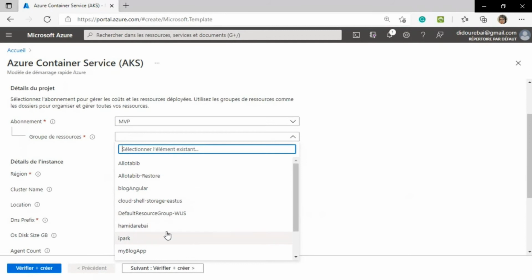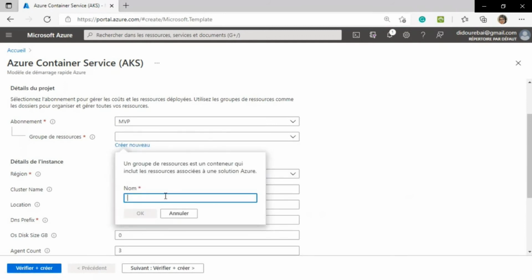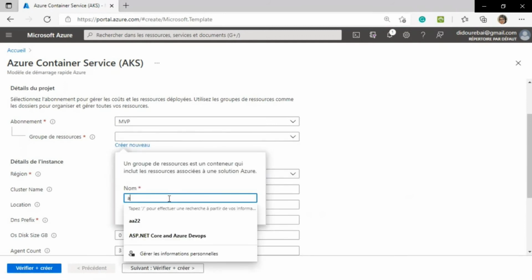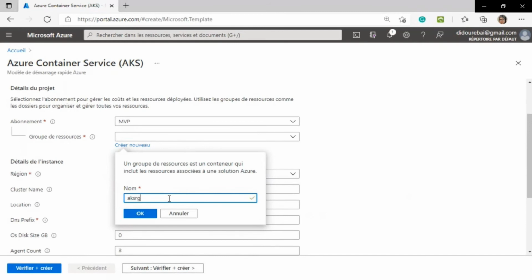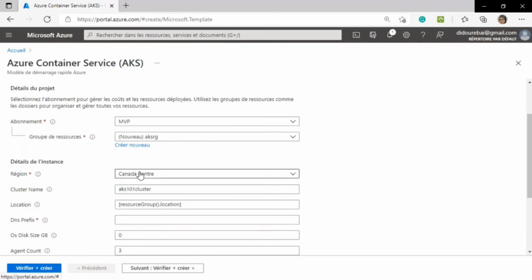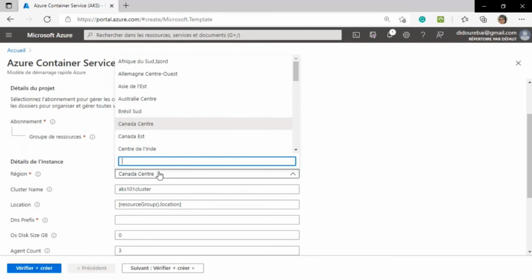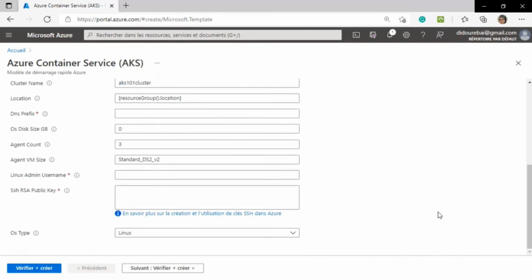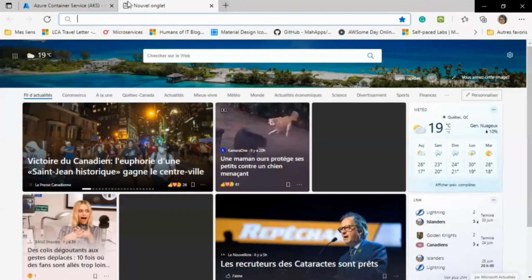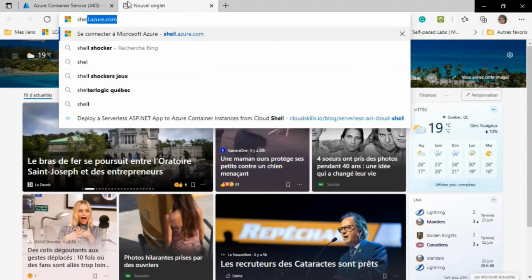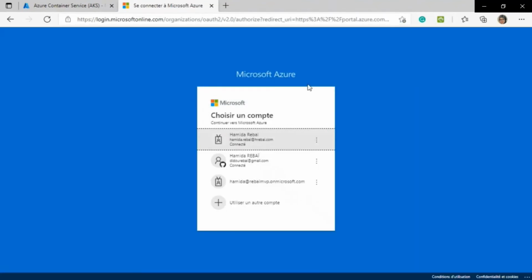So I will check the resource group here. I'll create a new one, for example. In this case, we need to check the region location, the cluster name, and here we have the SSH RSA public key. We need to generate it using this command line. So we will check here